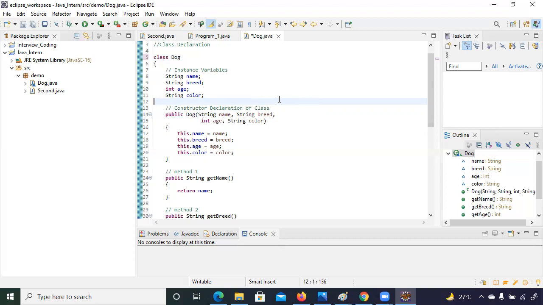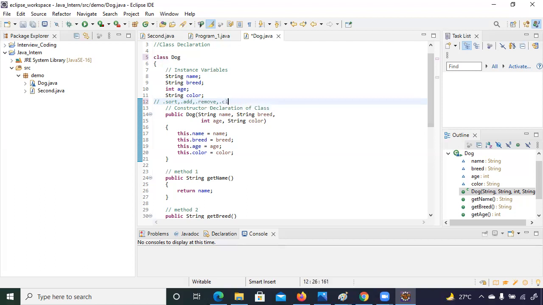If you remember, we were calling predefined functions in a collection, like dot sort, dot add, dot remove, dot clear.